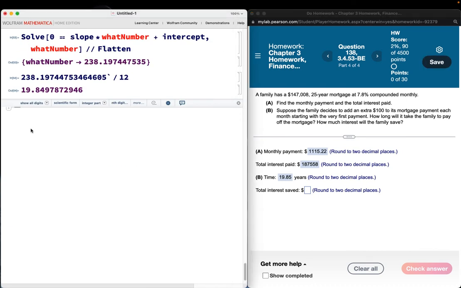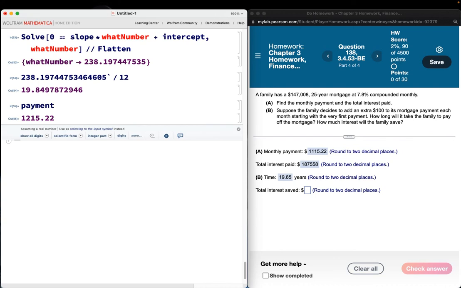Okay, so our payment, hold on one second. Our payment is that, right? So it's going to be our payment times 19.85 years times 12, because we're actually paying every month, so you have to change years into months, minus how much did you borrow at the beginning, and that's going to be balance of 0, which is actually equal to